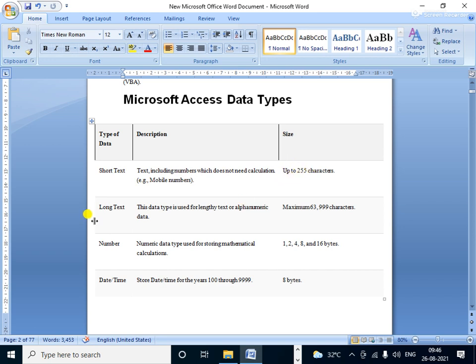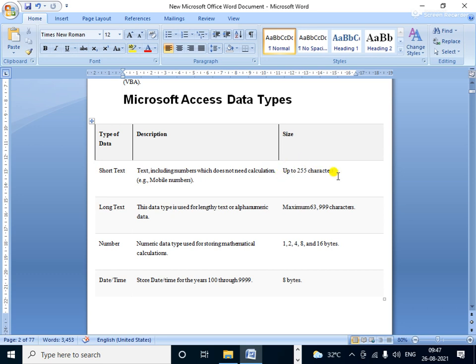And the other is long text. Suppose you want to store a student or employee name or employee address. In this case, long text accepts a maximum of 63,999 characters. This data type is used for lengthy text, like a student name or employee name, or alphanumeric data. Questions come from these portions: how many characters does short data accept? 255 characters.